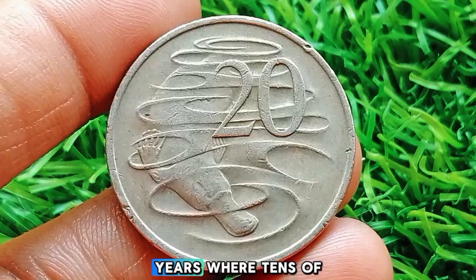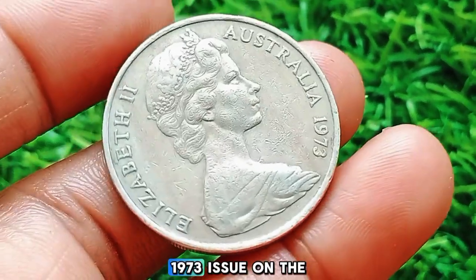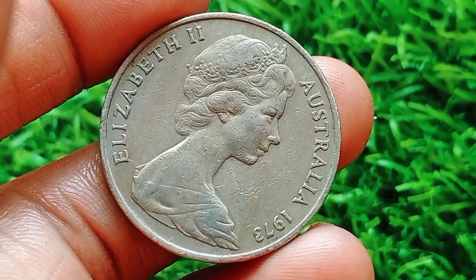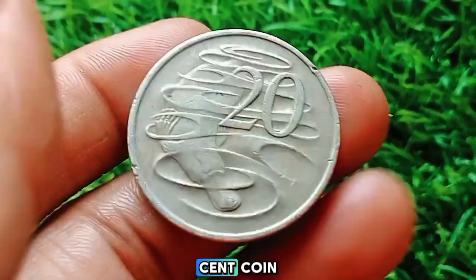Compare that to other years where tens of millions were minted. This already puts the 1973 issue on the rarer side. But that's not all. What has truly driven the value and mystery of the 1973 20-cent coin is the